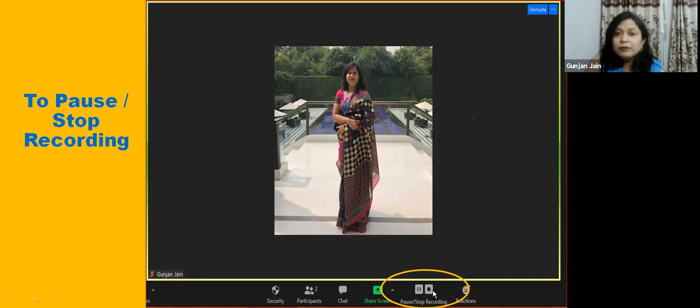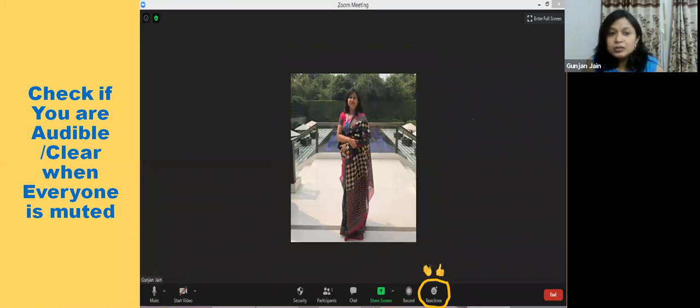Okay. Then after that, next is the reactions. When you have finished teaching the participants and they are all on mute mode, or in between the teaching you want to know whether they have understood or not, and they cannot unmute, you can ask for reactions from them. You can say, give me a thumbs up if this topic is clear to you. So they can give these reactions, thumbs up and clapping. Two reactions they can give. If they feel that your lecture is very good, they can even clap. And if you are asking for some response from them, in that case they can give a thumbs up.